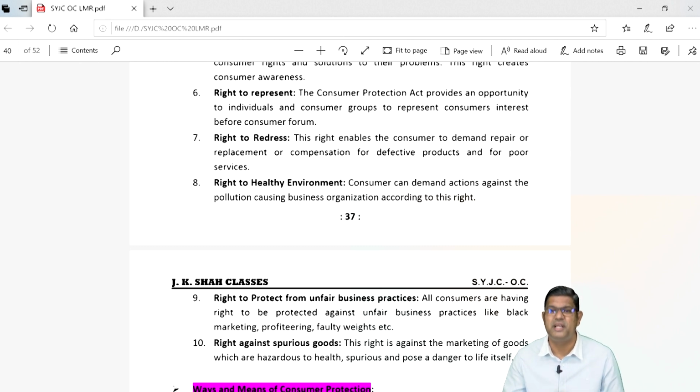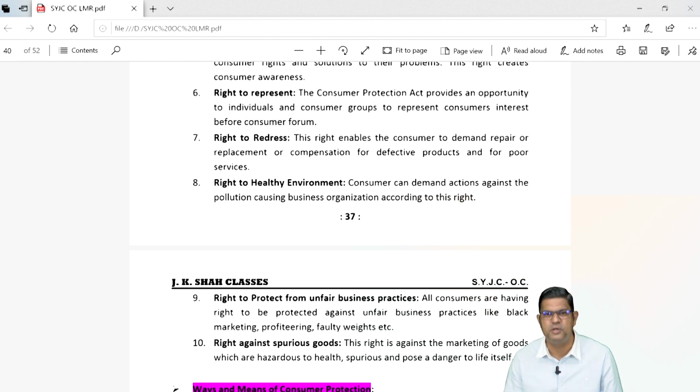Then there is something called black marketing. ब्लैक मार्केटिंग का मतलब होता है जब डिमांड ज्यादा होता है तो बिजनेसमैन हाई प्राइसेस पे अपने गुड्स को बेचते हैं. That is not fair. And the last one is called artificial scarcity. Artificial scarcity मतलब खुद डिमांड को बढ़ाना और डिमांड बढ़ाने के बाद हाई वैल्यू पे या हाई प्राइस पे गुड्स को बेचना. All such types of unfair business practices should not be conducted by the businessman and it is the right of the consumers to protect themselves against such type of malpractices.